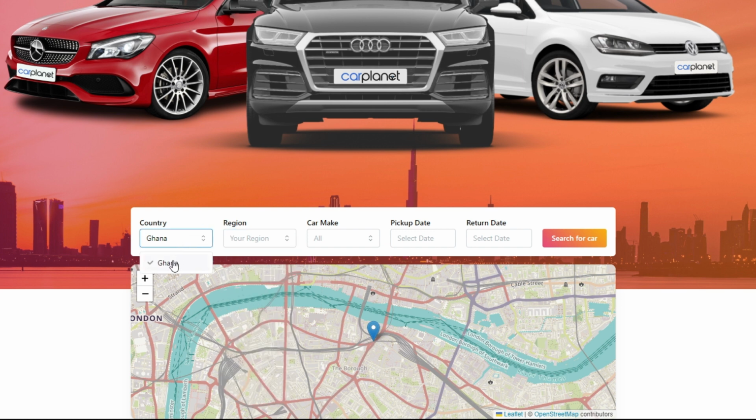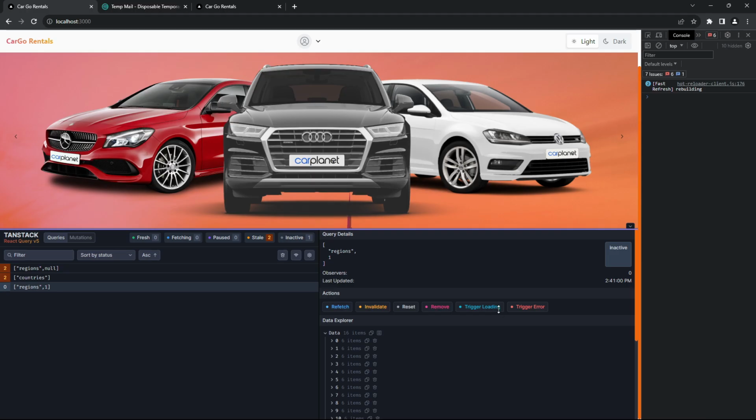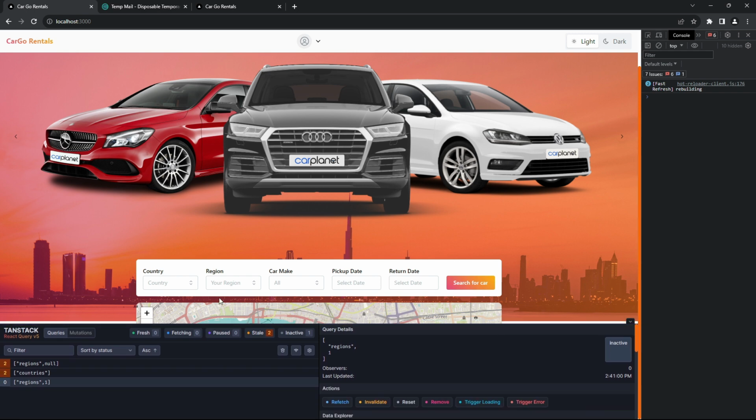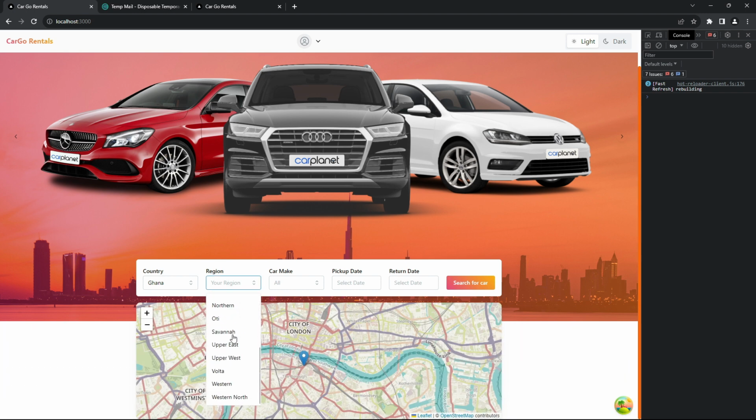Now if I deselect the country, so let's say I don't select this country, as you can see, nothing found. But as soon as, let's go open this one again. So as soon as I select the country again, you see this comes here and I have the data present, which is very cool. Okay, so I have my regions data being fetched now based on the country ID, and